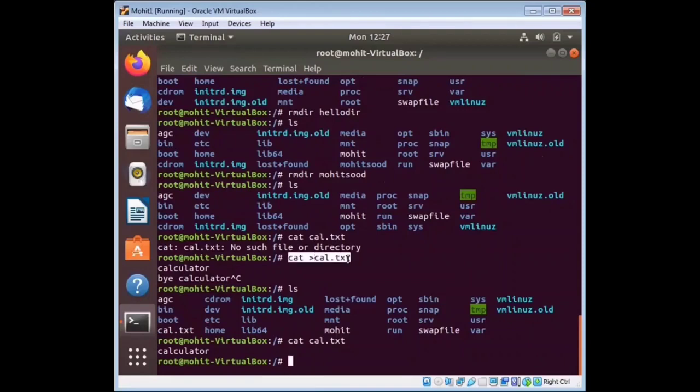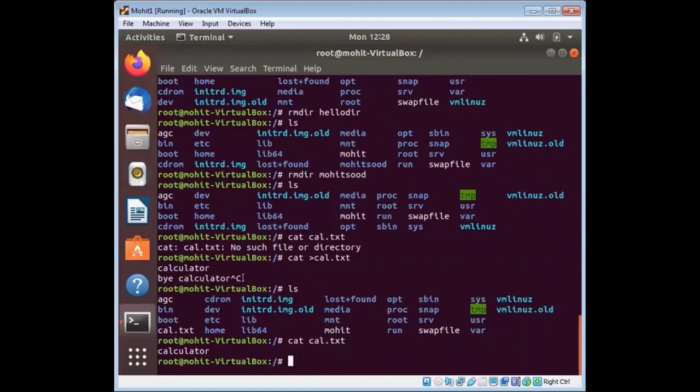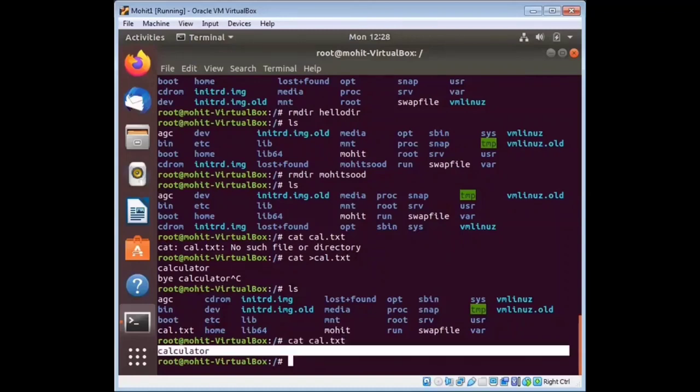So when you type cat greater than cal.txt, your file is created, and you can type anything in your file. Type Control C to exit the file.